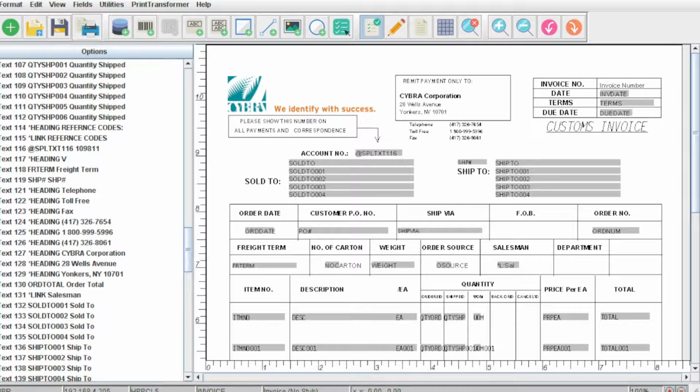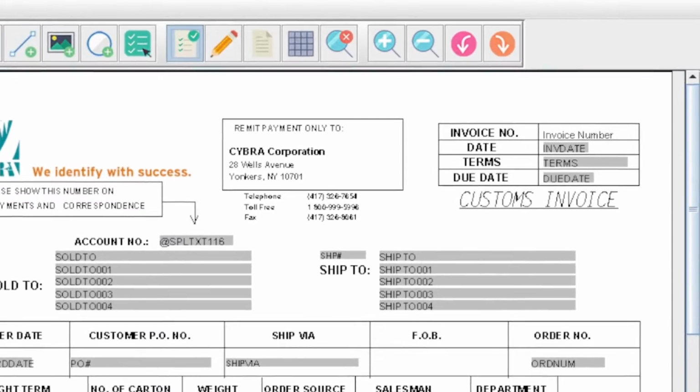Sequence number fields allow you to add a reference number to your format that will increment every time you print using that format, and MarkMagic will keep track of that number in between your print jobs so that you don't need to include it in your data. In our example, we're going to set up a simple unique invoice number to appear on our form in the